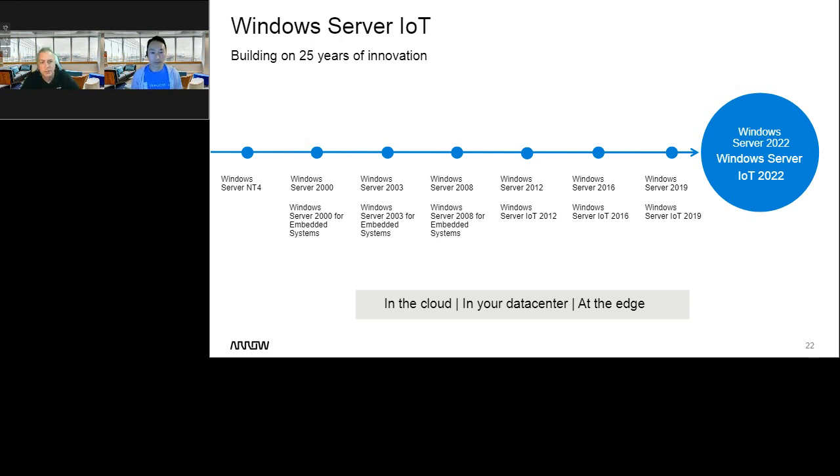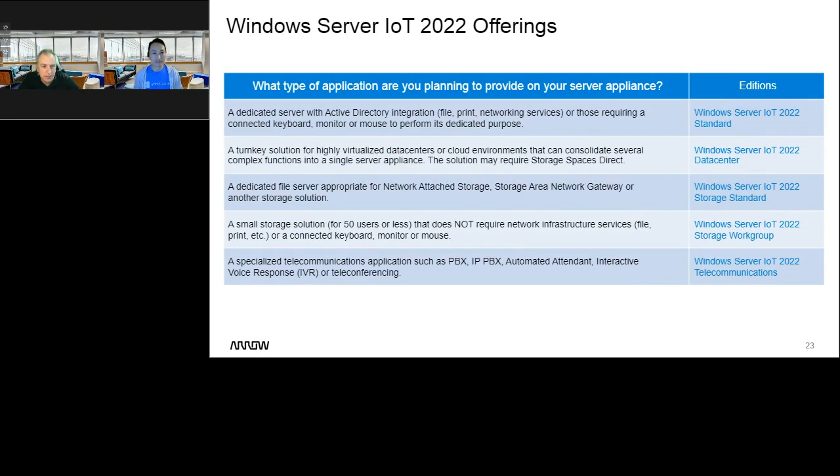This just shows you the last 25 years that server has come along. And the interesting thing with the IoT embedded channel is that starting with Server 2008, it's still available. So half of this 25-year roadmap is still available to purchase in our IoT channel. But all the way back NT4, NT 3.51, and my career has followed this entire roadmap. I was an MCSE on NT 3.51 way back. So it's interesting to see how far it's come. They continue to build it, making it a stronger product.